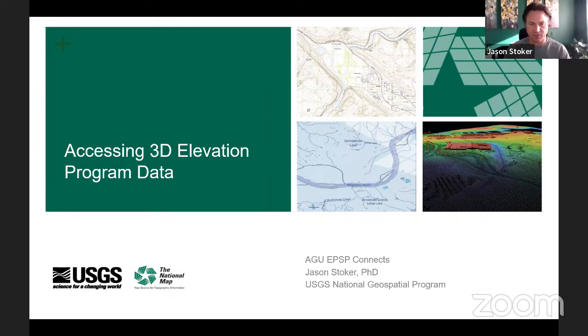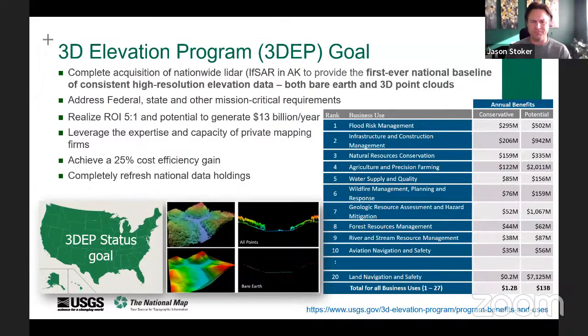It's something I've been working on for a really long time, and I know in my interactions going around talking to people who actually have LiDAR and elevation needs, that a lot of times they don't realize the amount of things that we've set up that they can take advantage of. So I really appreciate the opportunity. I'm not sure if everyone here is familiar with 3DEP, so I just wanted to do a real quick intro.